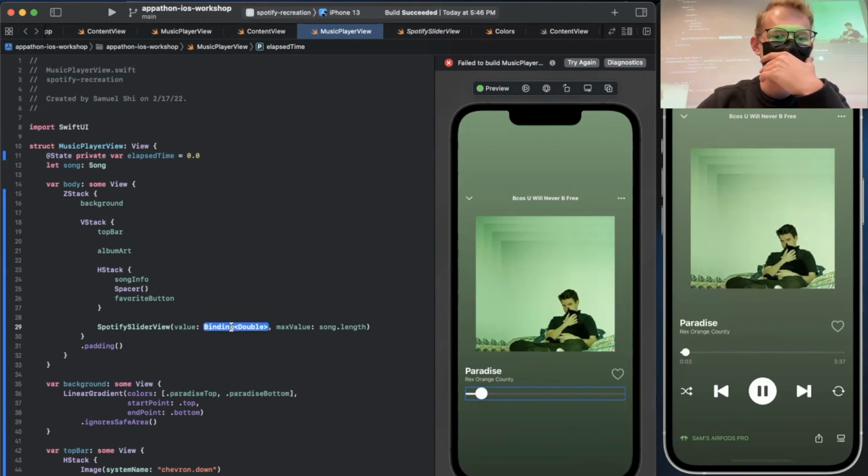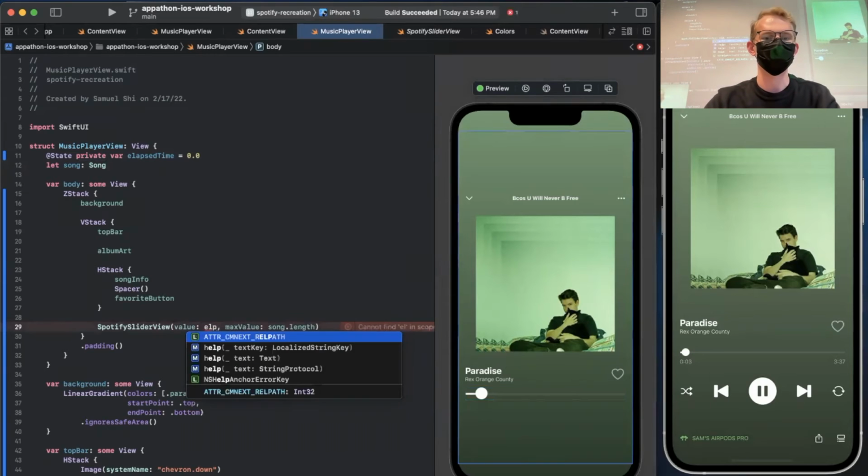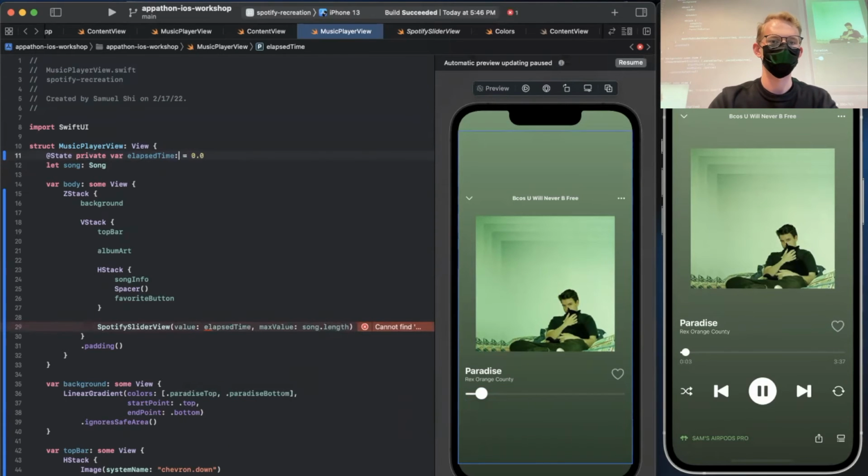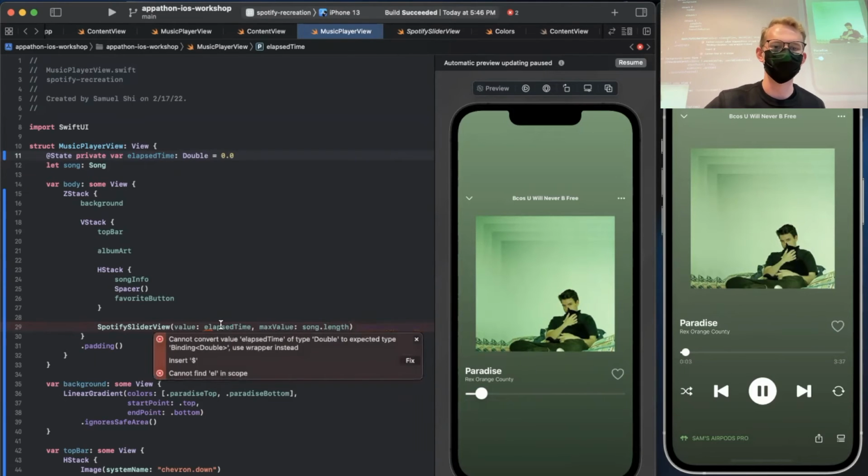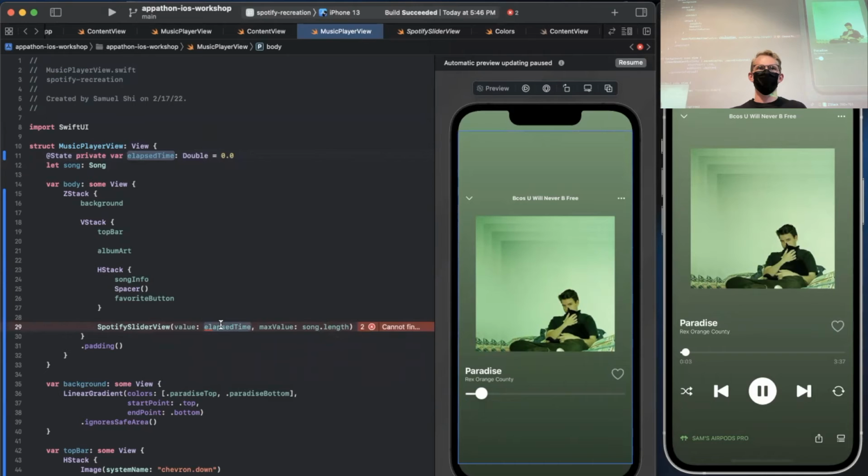One of the problems we're going to run into is that if I just pass this double, it just has type inference. They're still statically typed, but it can figure out what they are. If we pass this double, it's going to be passing a copy of the double. And if this subview tries to manipulate it, it won't change this elapsed time